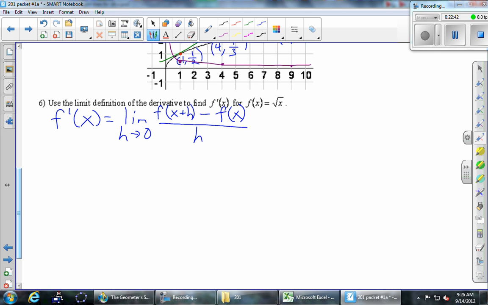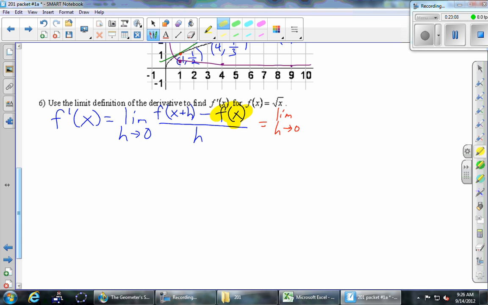Okay, so we give it a shot. And this problem equals limit as h goes to 0. I'm going to get lazy and stop writing that, but if you do that on my test or quiz, you're going to lose points. So this is where it's a do as I say instead of a do as I do. So limit as h goes to 0. Okay, let's do this piece first. f of x. What is f of x? It's the square root of x. It's given. We just copy that.